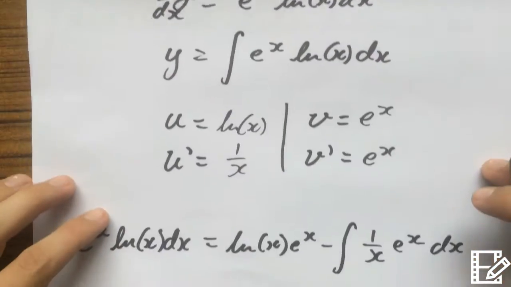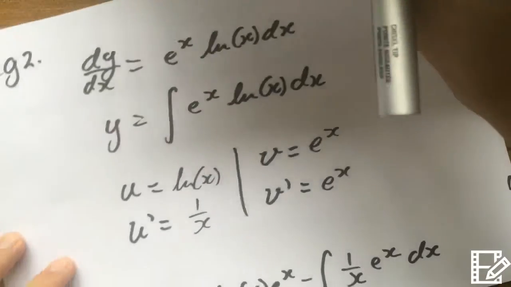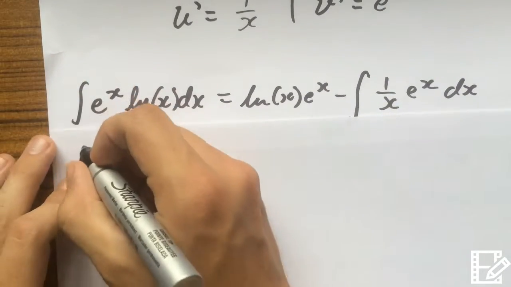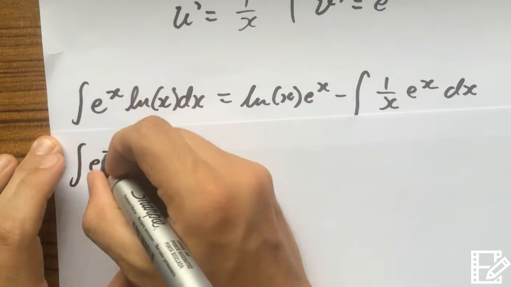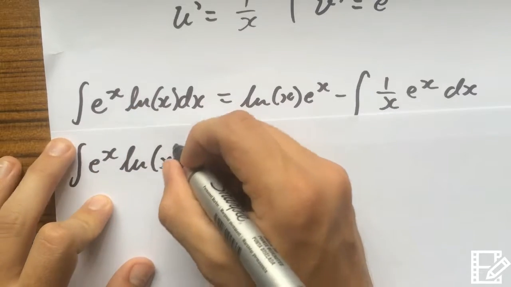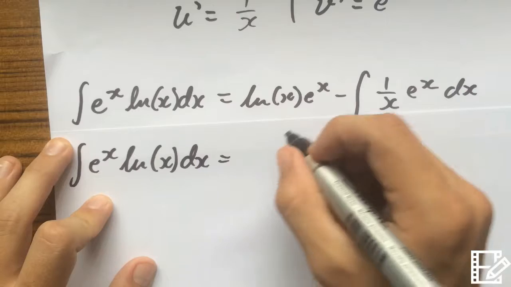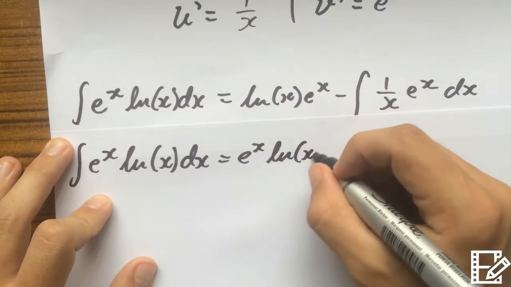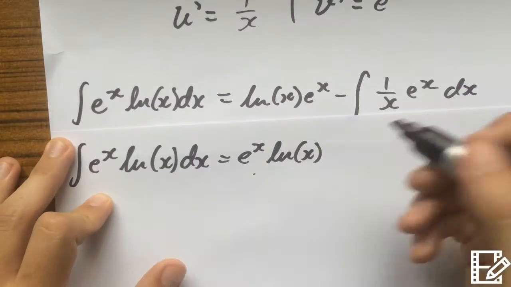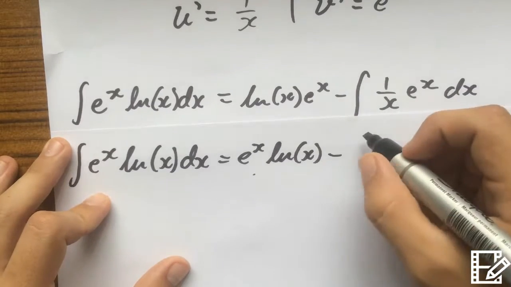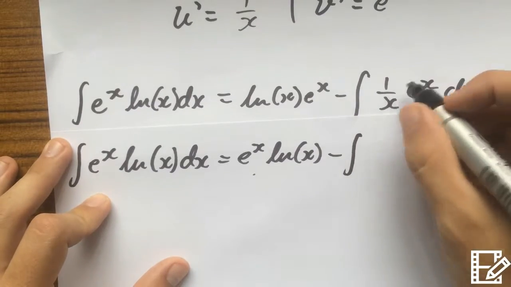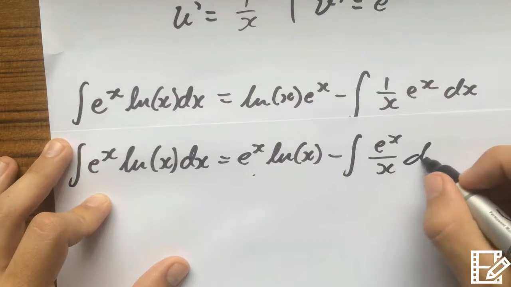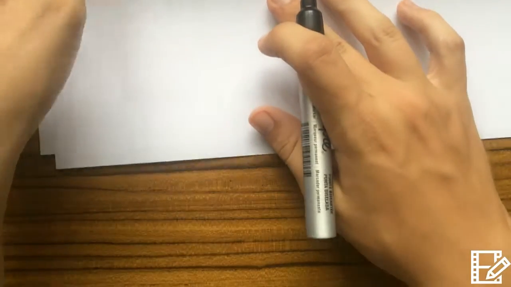Okay, so that's what we're left with. Now the first bit, I'll just rewrite it out here. E to the x ln of x dx equals, we're just going to rearrange this, only because that's the way I like looking at it, I guess. And the integral e to the x multiplied by 1 over x is e to the x on x dx. I hope you can see where this is going,